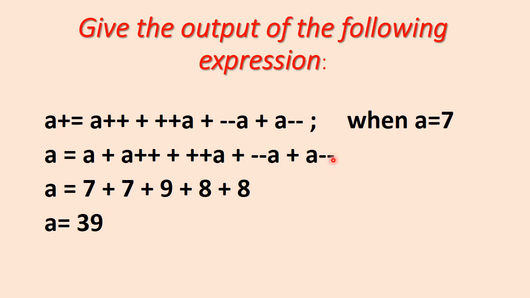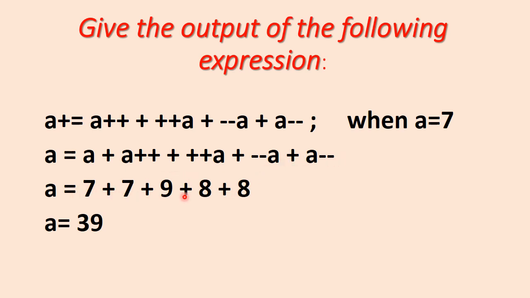Now A minus minus. What is A minus minus? It means first it will use its original value. And what was the original value? After the decrement, now A becomes 8. So it will use only 8 and then it will decrease. But after decrement, further we don't have to use the value of A. So now it becomes 7, but here we will use only 8. It means whatever its previous value was, it will use, and then it will decrease.